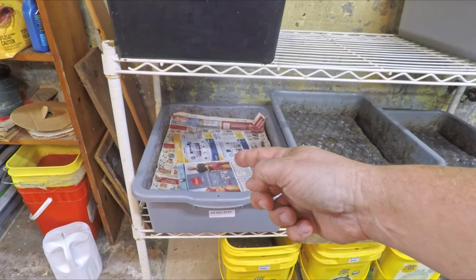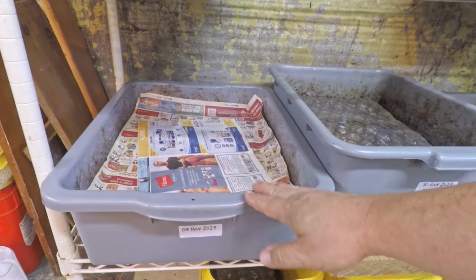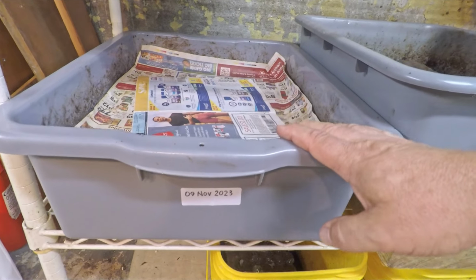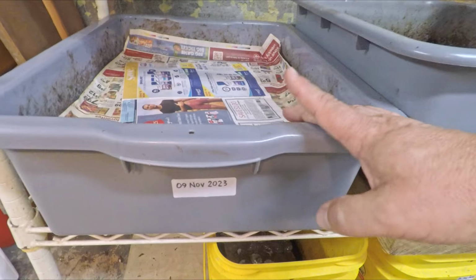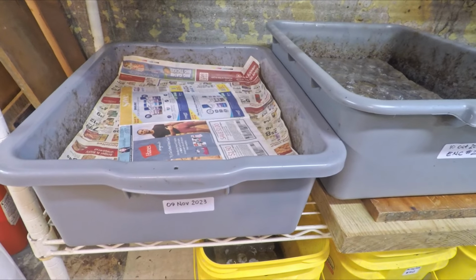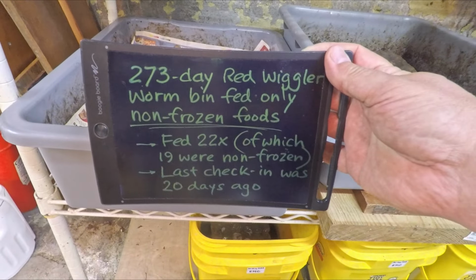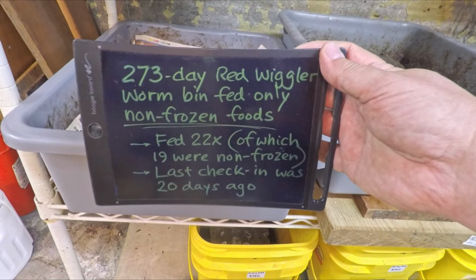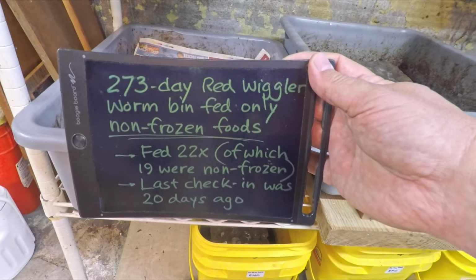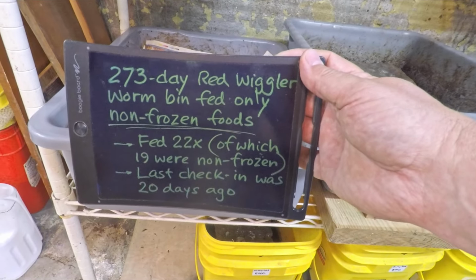In this particular case, with these red wigglers, what we tried soon after the system was launched was adapting their menu plan to be a little different from what most systems get. Most of my systems have their foods frozen before they get placed into the worm bins, but with these little guys, I believe the first 3 meals were probably frozen, but on the 4th meal, we started giving them only non-frozen foods. So of the 22 feedings that this system has received over its 273-day lifespan, the 19 most recent feedings were